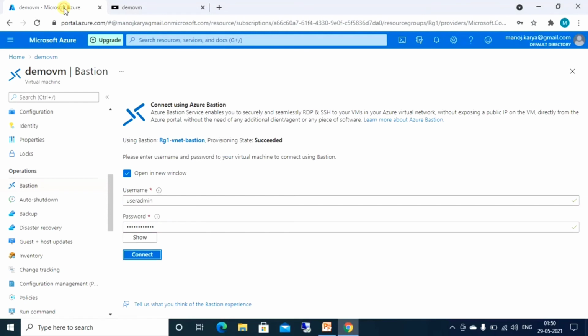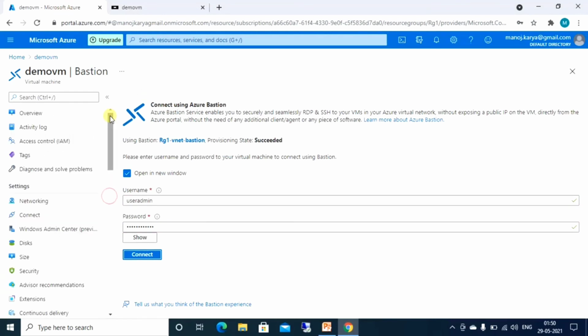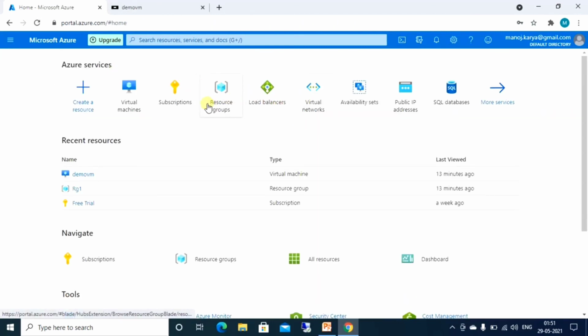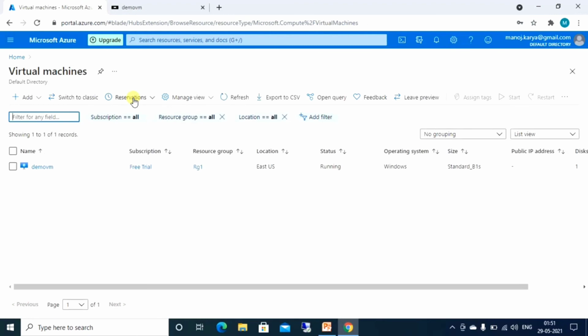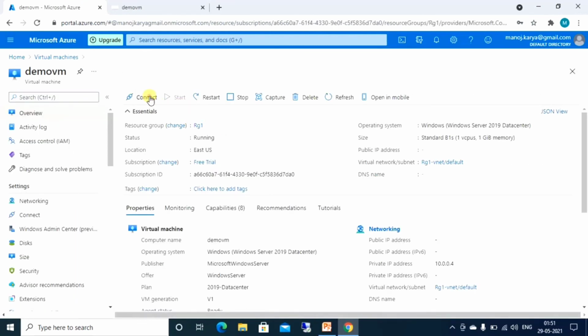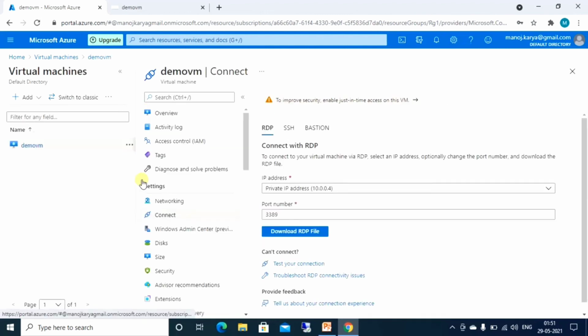If you try to connect to the VM through RDP, we won't be able to. Let me go to that VM. If you go and connect via RDP, we won't be able to do it.